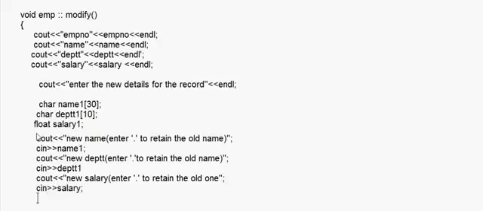So here the user is entering the new details for the record. Okay, now after that we need to check what the user has entered, whether he has entered a new name or he has entered a dot. If he enters a dot, that means the same thing has to be retained. Okay. So here I write if string compare. Now name is a string, department is a string, so when you want to compare strings, we use the function string compare, which is there in the header file string.h. Now here I write the name that we had taken, that is in name1.